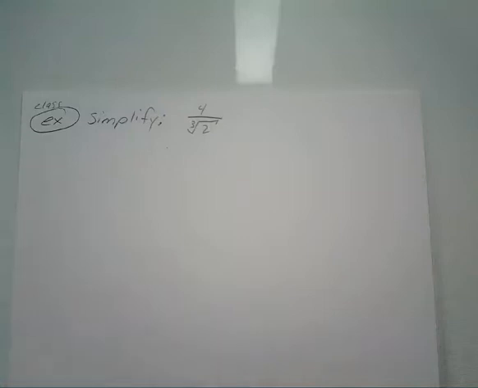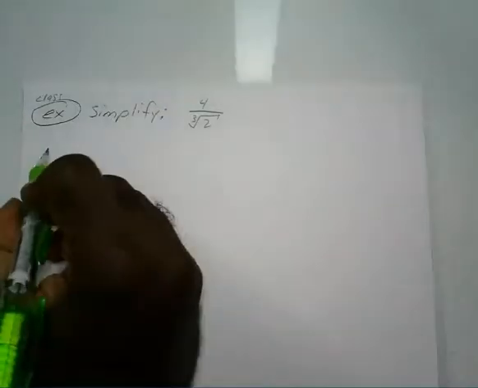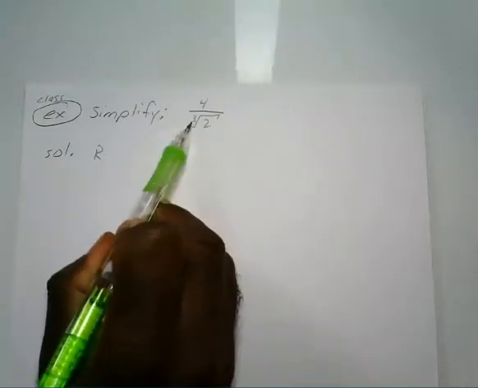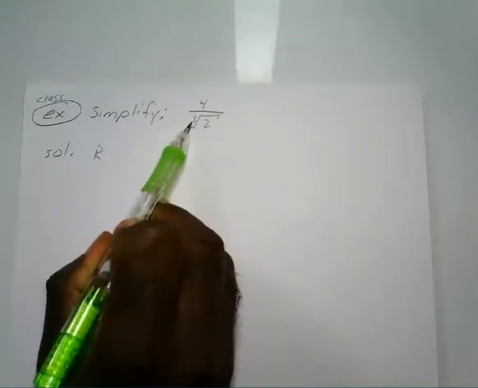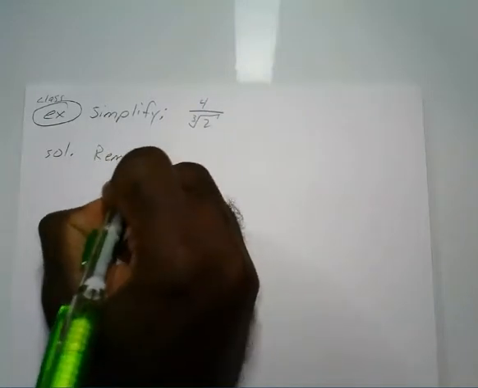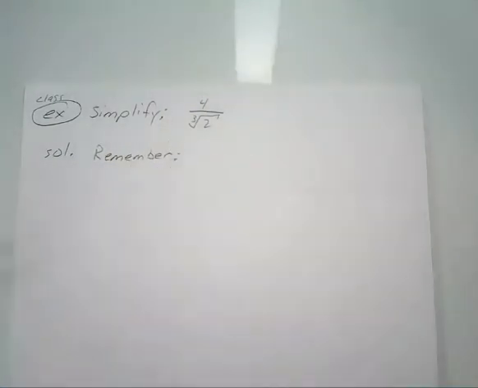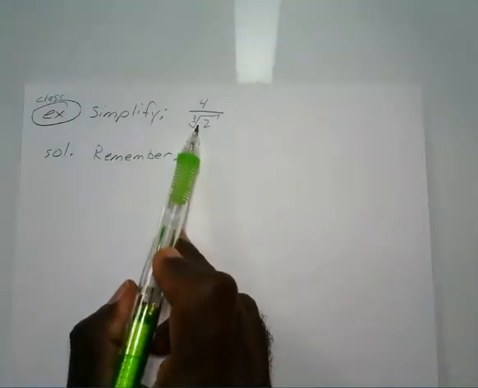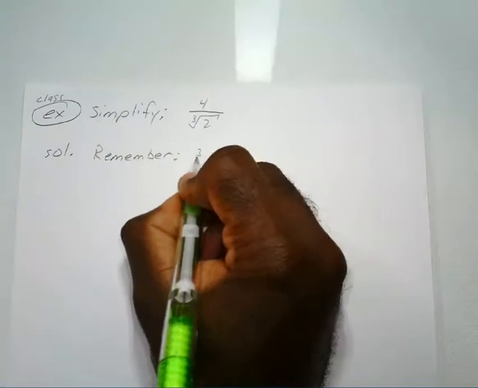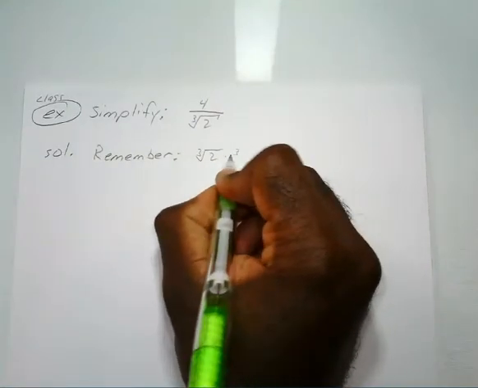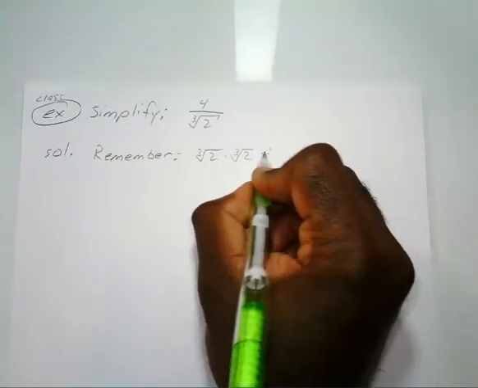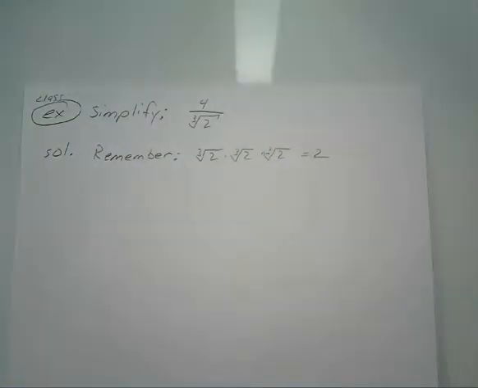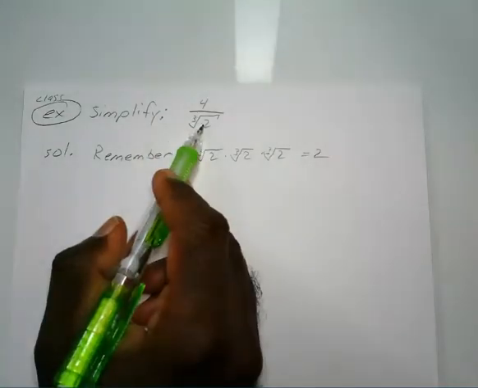Alright, so assuming you've pressed pause and worked this one out. Of course, first thing you want to do is look at your index. Okay, so that means you have to multiply cube root of 2 three times in order to cancel it out. So cube root of 2 times the cube root of 2 times the cube root of 2 will equal 2. Okay, so if we want to go ahead and get rid of the